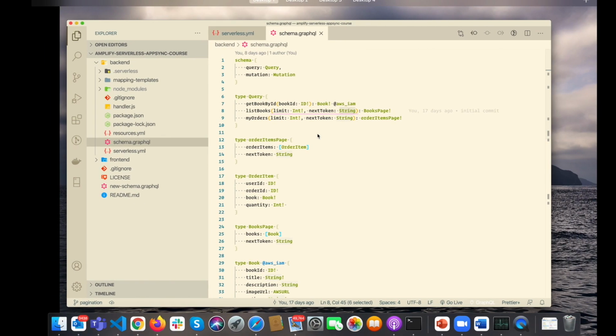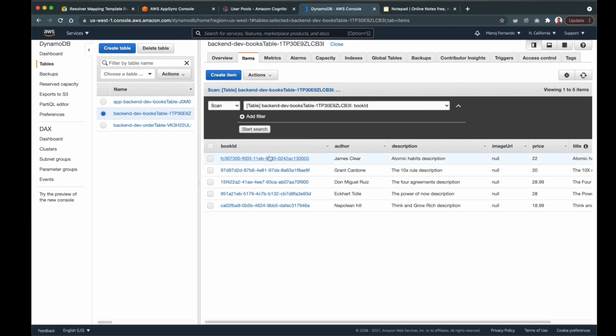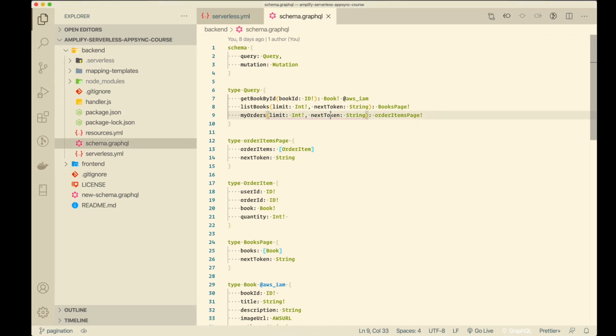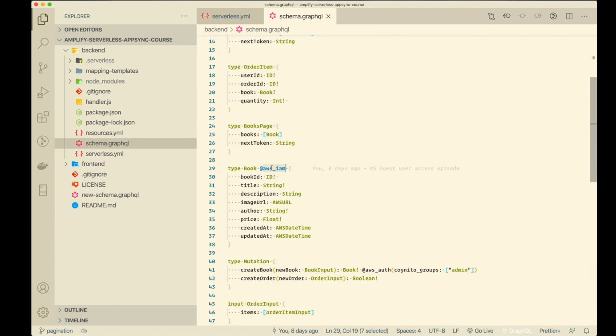So in our example, I went ahead and created 5 books in the books table. So let's set the limit to 2. So it will return 2 books first. And after that, I can use the next token to request the next 2 books. And finally, the last book. And guys, when there are no more books to return, then the next token will be null. So from the front end, we can look for a null value and then we can say, okay, all the books are now loaded.